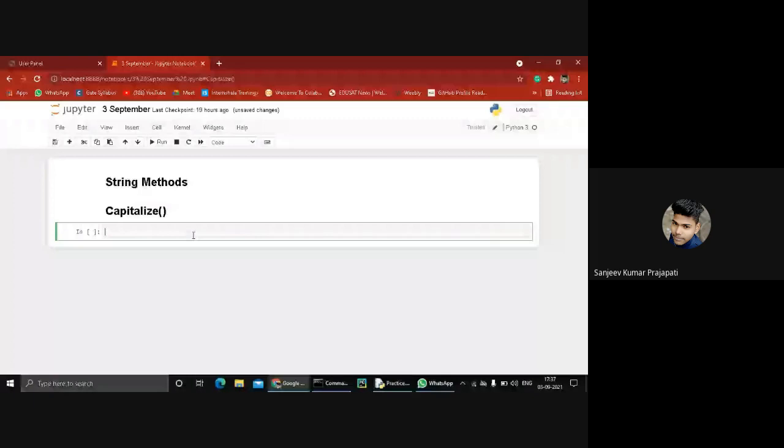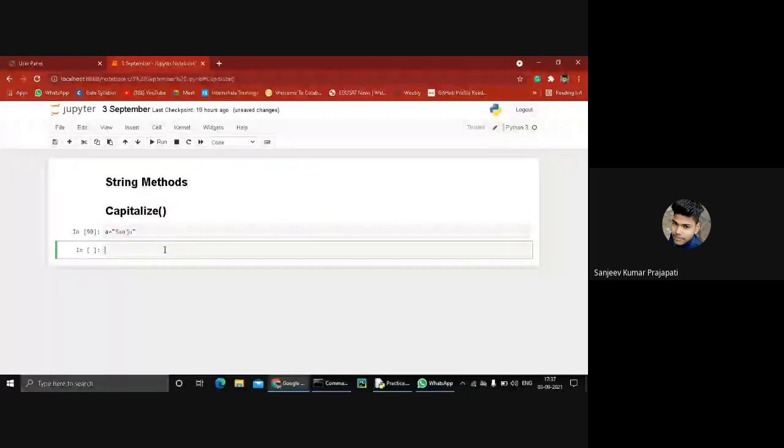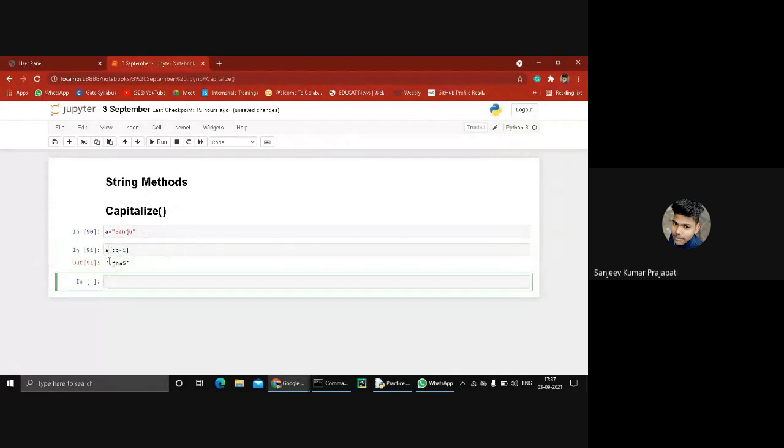Using two-step indexing it's not possible, because by default it takes plus one as the argument, and when we increase the argument then it goes to the negative section. So it's using three-part indexing. We just type colon, press minus one, and shift enter. You see this string is reversed.